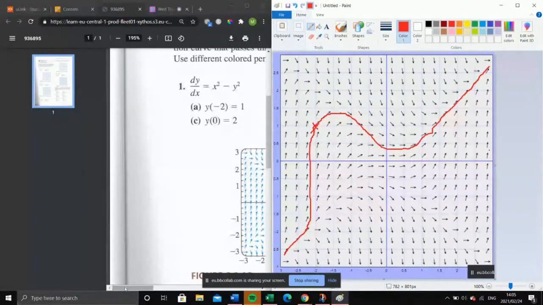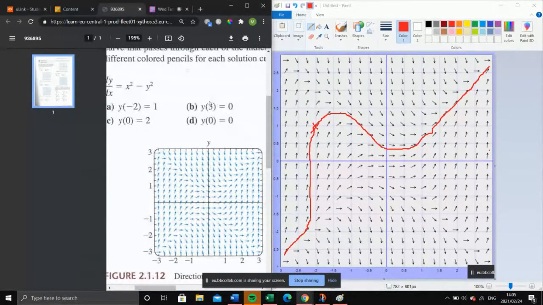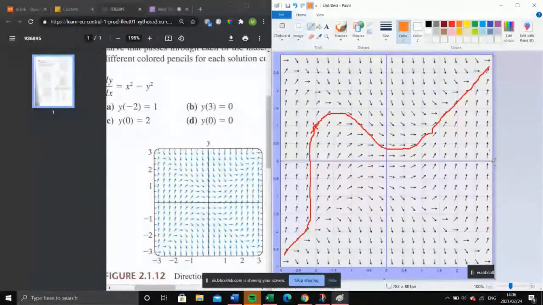Then if we have a look at the next one, the next point we are asked to work with is when x is 3, y is 0. So let's take a new color. We want to work when x is 3 and y is 0. So that's going to be somewhere there. And what this curve ends up looking like is,